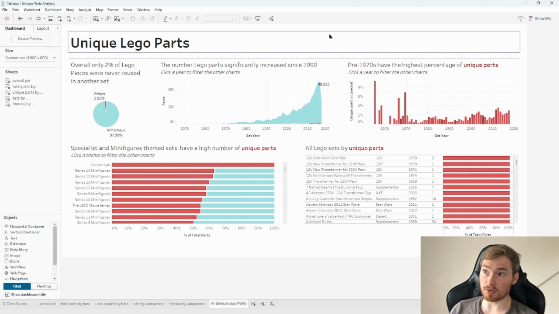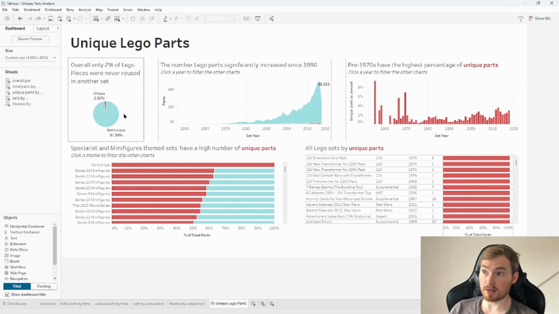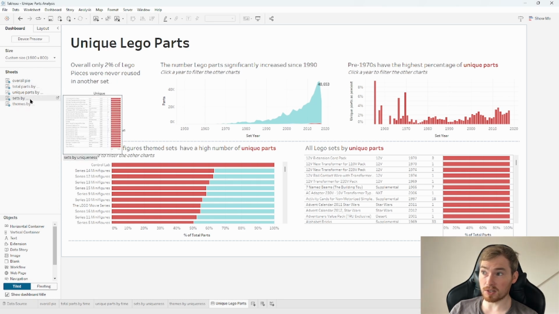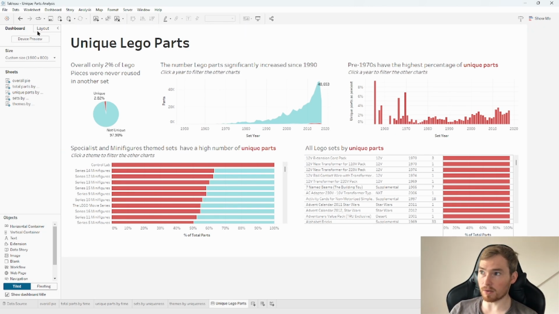Okay, so a few design tips I've applied here. I made the title quite big. I've made this color scheme, going away from the default colors, which is always a good option. Other things to watch out for: I've named all of my sheets a good name. Similarly, I've named all my calculated fields good names. These always stand out positively, so some interviewers will actually look to see how well it's been constructed under the hood. Now I can go and save this,